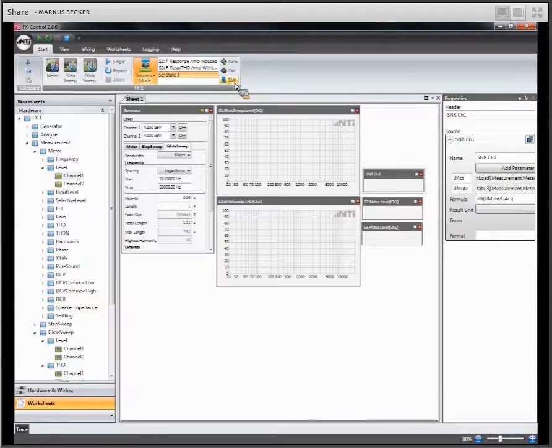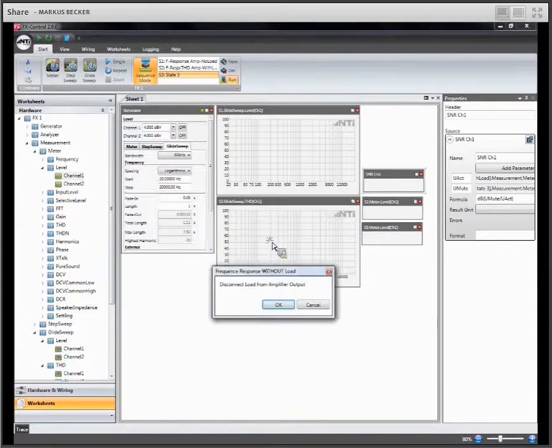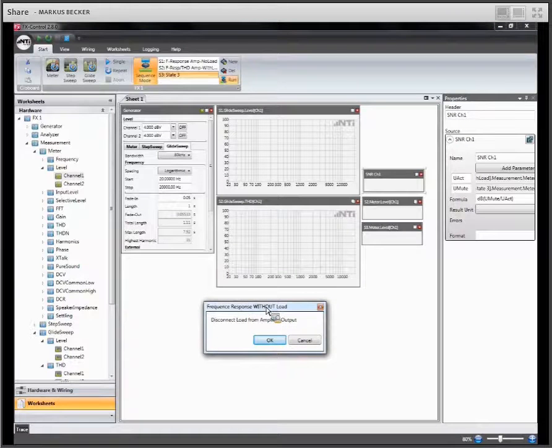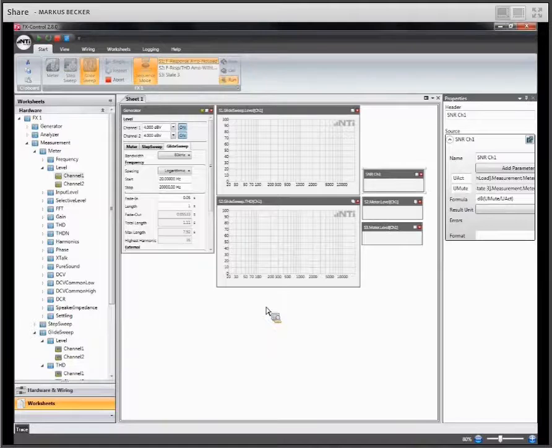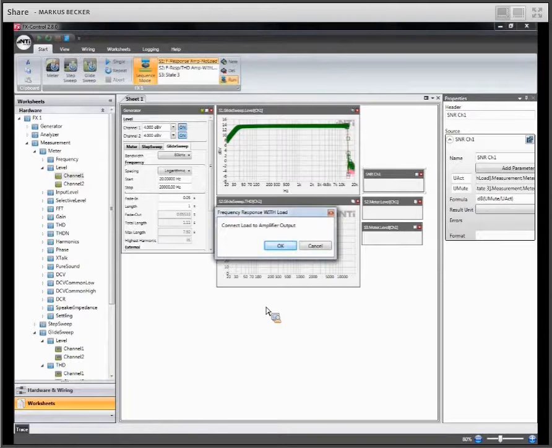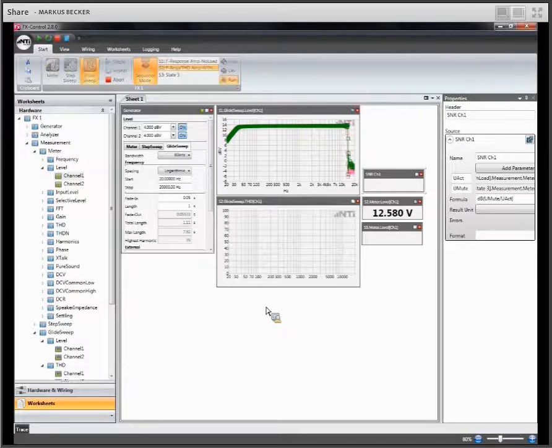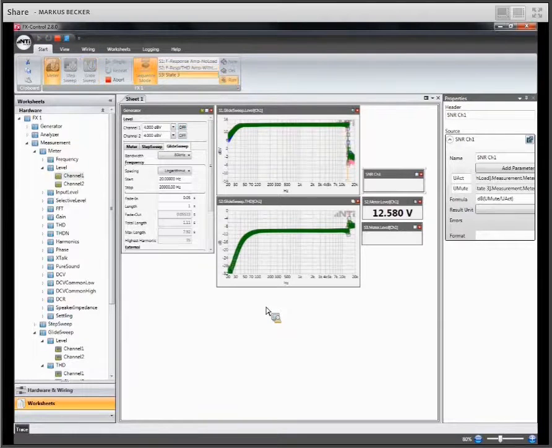I click on run. The first thing that appears is this message, disconnect load from amplifier. I do it. You heard it in the background. I have connected a loudspeaker here to my output of the amplifier, and now I reconnect the load. Well, I made a fault. You can see that immediately. There are lots of these